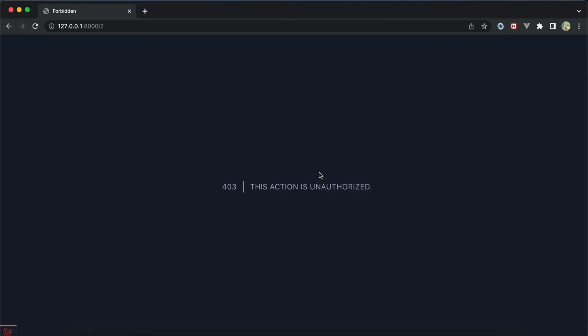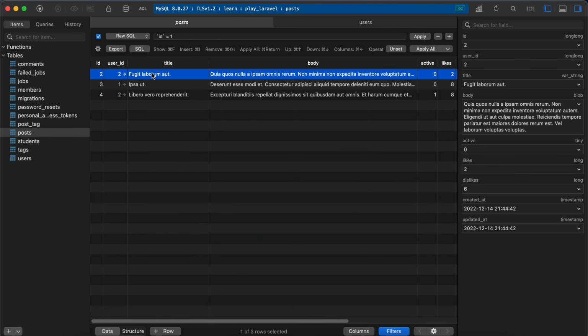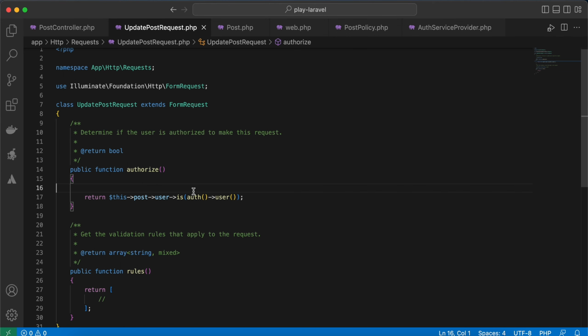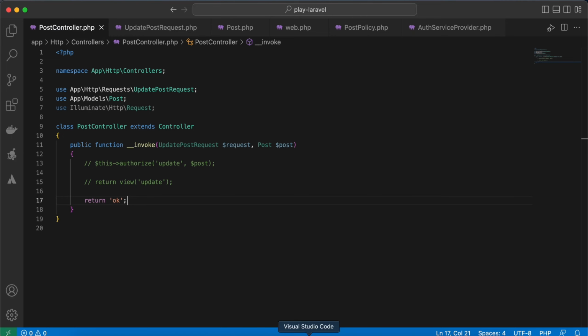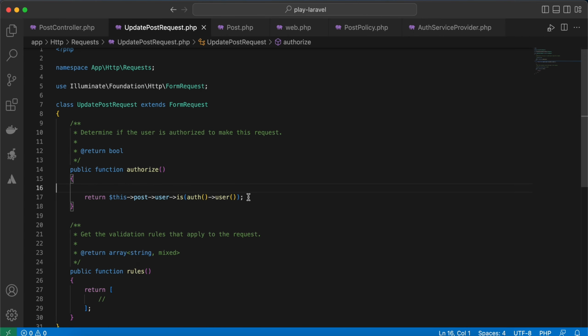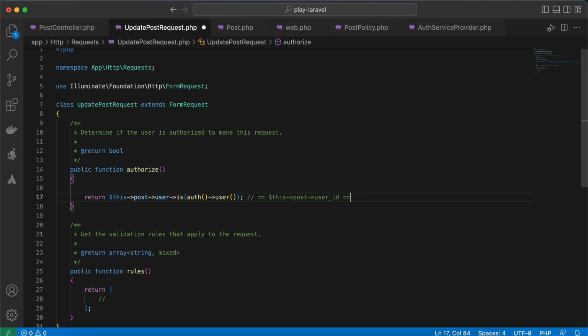So instead of creating a class and registering it, you can do it here inside the form request. This is method checks if two models are the same or not. So if I go back here and change the user ID from 2 to 1, back here, and let's return a message, return okay, back, refresh, and it works, right? Here the is method is equal to this post user ID equal to